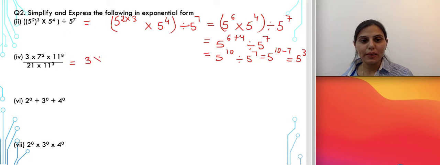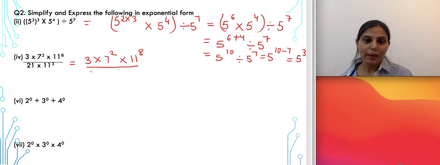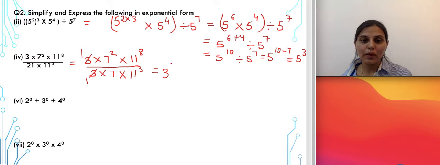Here 3 multiplied by 7 square multiplied by 11 raised to power 8. These are already given in the exponential form. Let's see the denominator now. 21 can be written as 3 multiplied by 7, and along with that we have 11 cube. So now you need to club all the similar bases together. For example, 3 and 3 can directly be cancelled, or we can write this as 3 raised to the power 1 minus 1 multiplied by powers for 7 will be, now since these are in division, so power will be